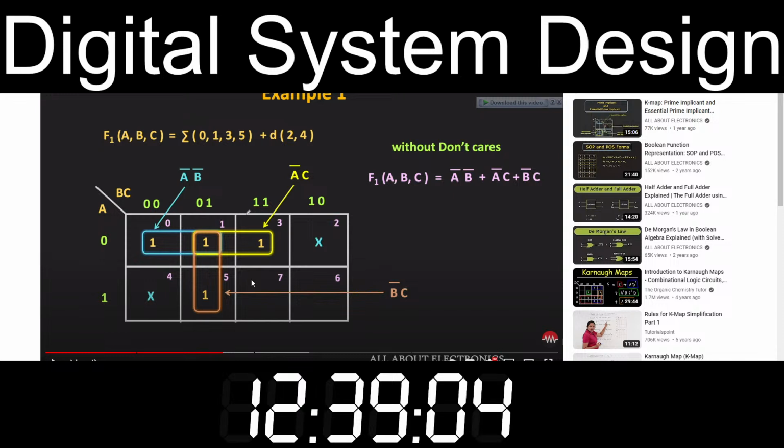The result is equal to a bar plus b bar. So in this way, using the don't care terms, we can further simplify the Boolean expression. So let us take a couple of more examples. This function f2 is a function of 4 variables. And suppose we want the minimal solution